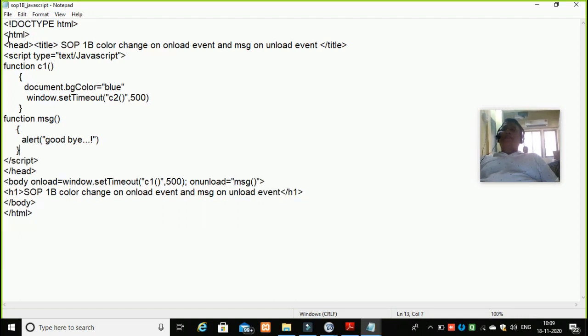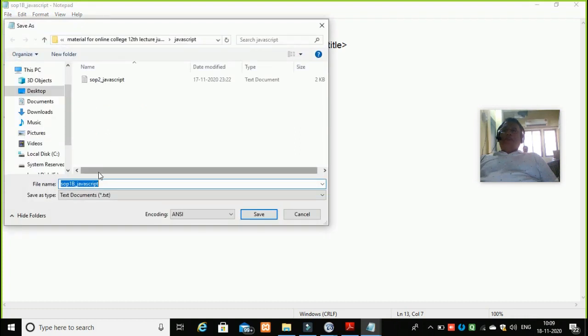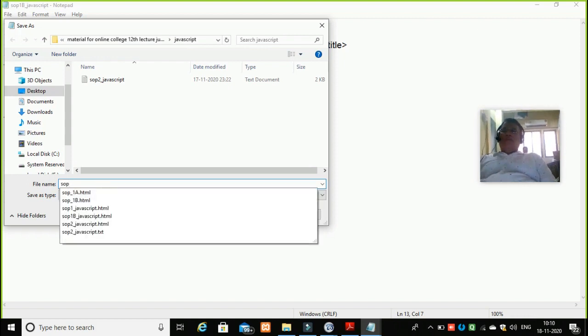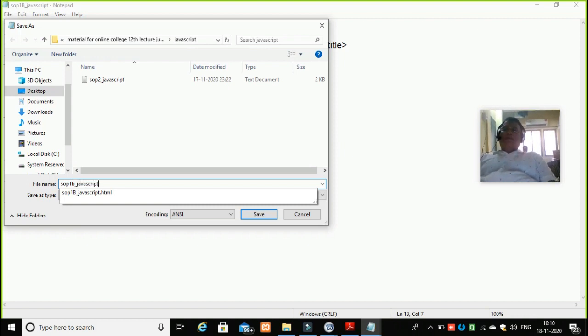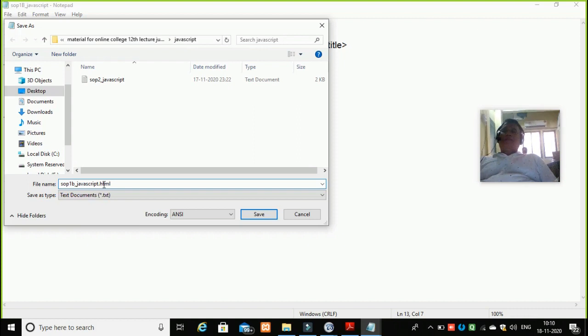Okay, let's test this code first and then we will extend it to 7 colors. I'll say save as, give a name, SOP 1B underscore javascript.html.